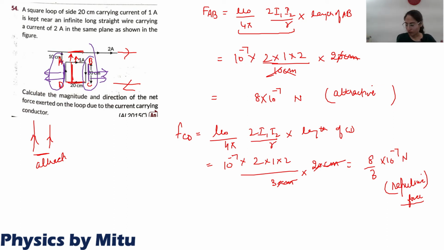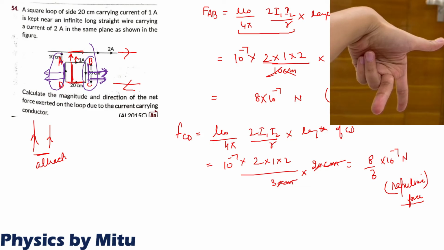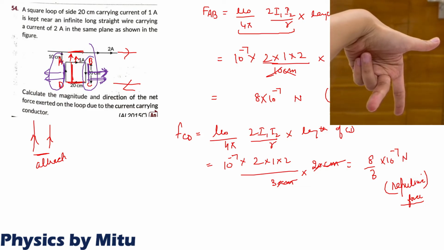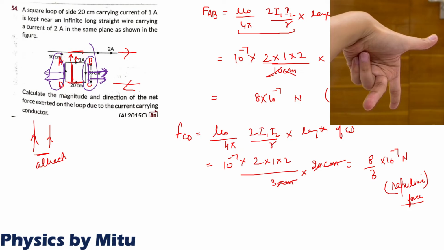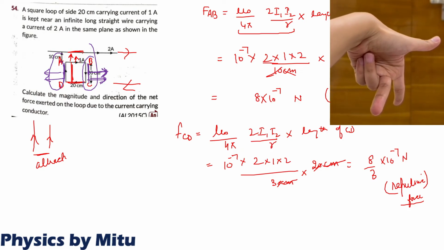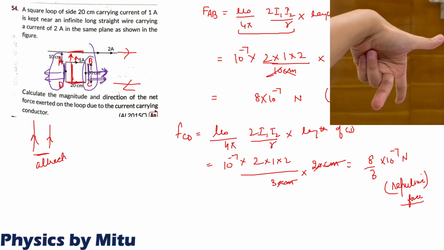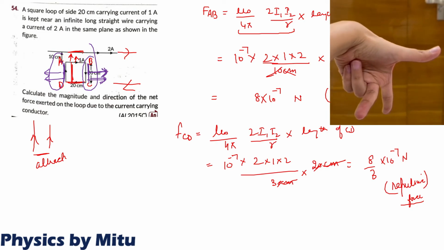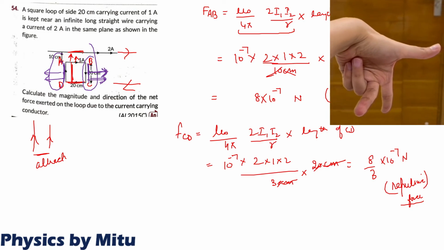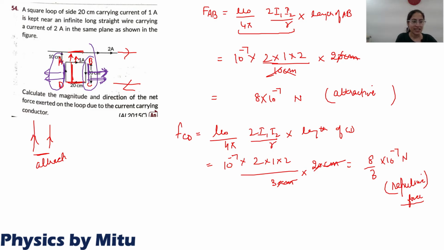Now let us see the direction of force. The magnetic field is given by the first finger. It is into the plane of the loop. The second finger gives current, which is towards us, or we can say from B to C. The thumb gives direction of force, which is towards the right side. And similarly, we can find the direction on AD, it will be towards left. So force on AD and BC are equal and opposite. Therefore, net force is 0 because of these two arms.